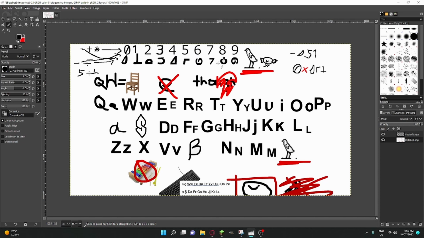Anyway, so next I need to clarify exactly how to count. It goes 0, 1, 2, 3, 4, 5, 6, 7, 8, 9, bird from Egypt. That's how you count. So after bird from Egypt, you go 10, 11, 12, 13, 14, 15, 16, 17, 18, 19, bird from Egyptine,